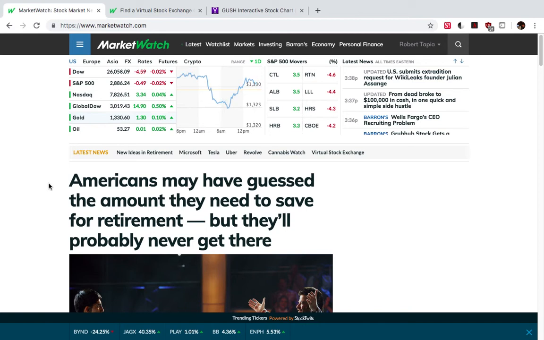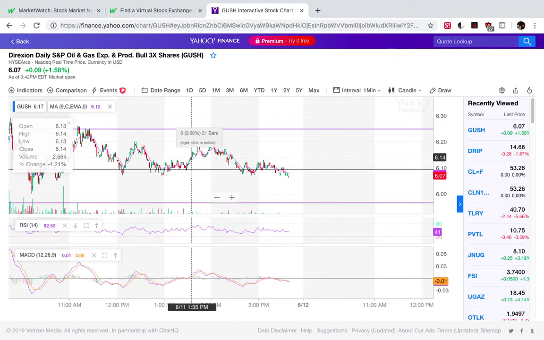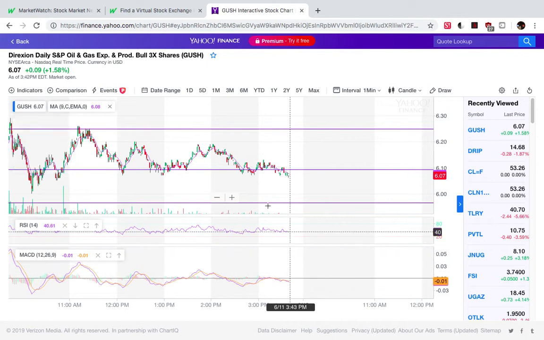I see a lot of people get a little discouraged, but I'm glad you guys are still willing to learn. That's just my honest review. But here's what I recommend if you're trying to learn without a whole lot of risk. Find a chart, any chart that you want. Let's say we're using Gush here. Learn how to draw support and resistance lines, learn how to read the indicators,